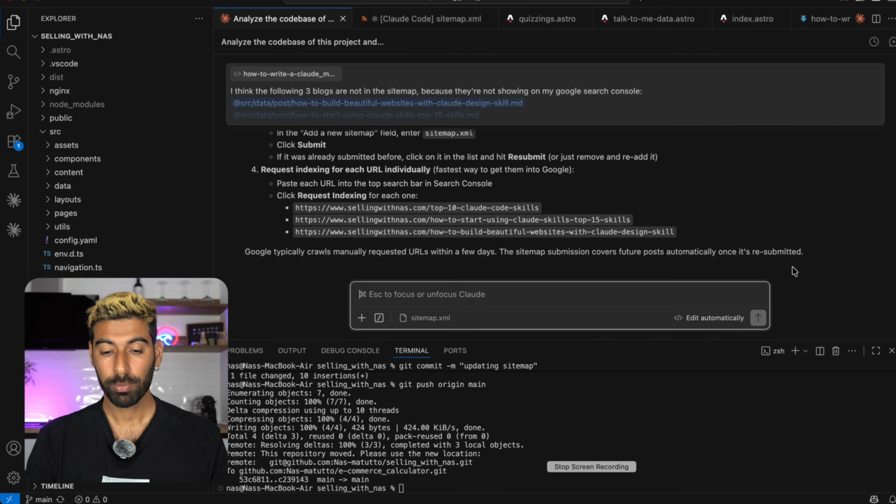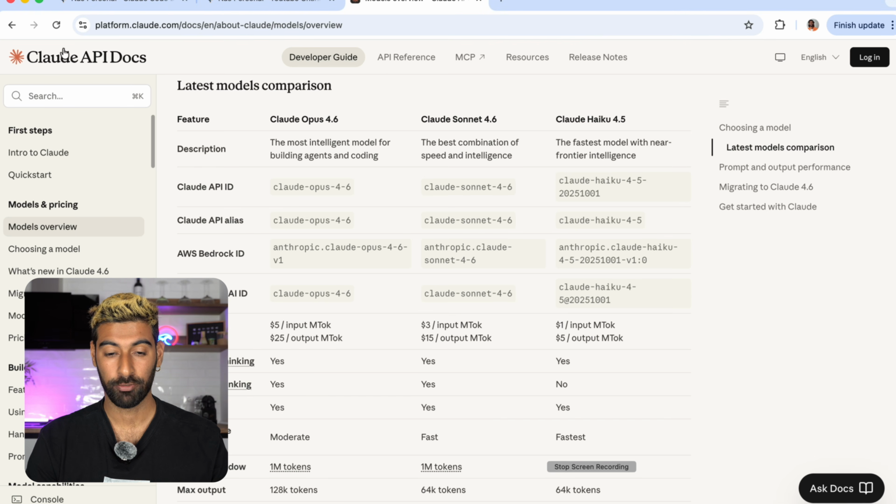What I want to now cover, however, is the different types of models available within Claude Code. You'll be able to see here that if you go to their official website, they have 3 models right now. It's Opus, it's Sonnet, and Haiku. Sonnet is the recommended one. It's the one that people use most often, whereas Opus is a lot more complex and a lot more for in-depth reasoning. Haiku is the oldest one, is the fastest one, is the one that uses the least tokens, that